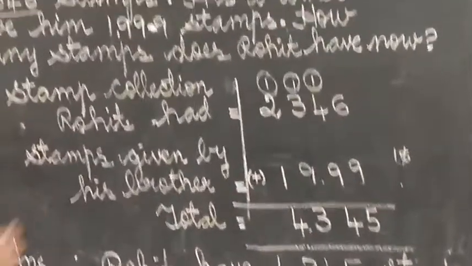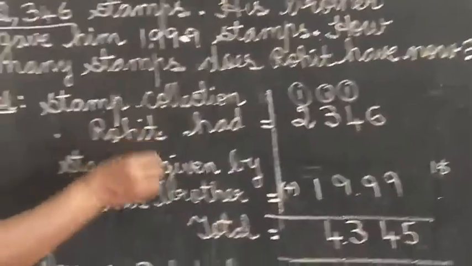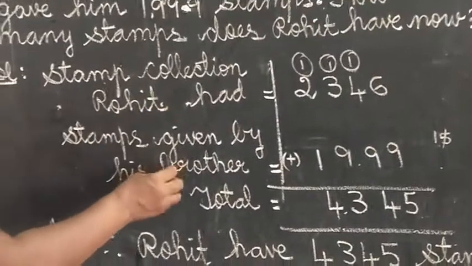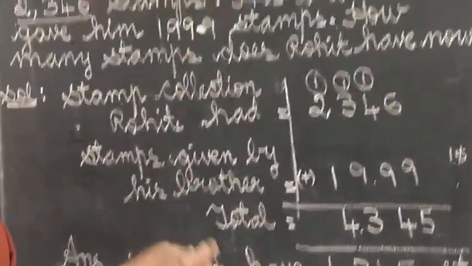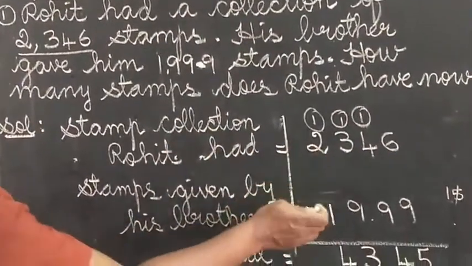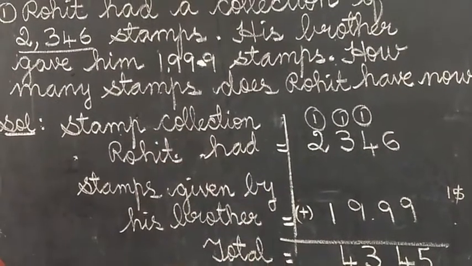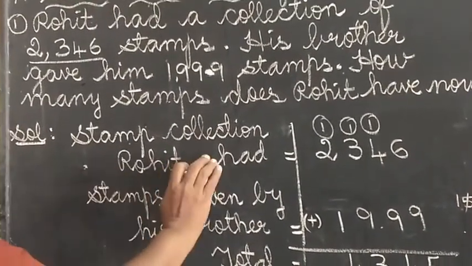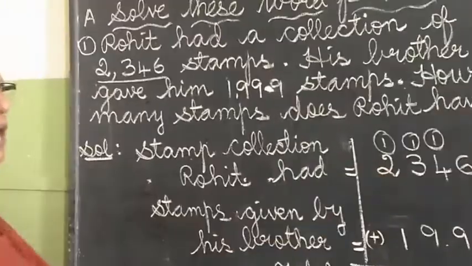Yes. While writing also you have to write steps. For steps also there are marks. If you are not writing the steps, I will deduct the marks. Only this one, if you write, I will give only 3 marks. I will reduce 2 marks likewise. So you have to write the sentence and then you have to add. Okay children. Now we will see the second sum.